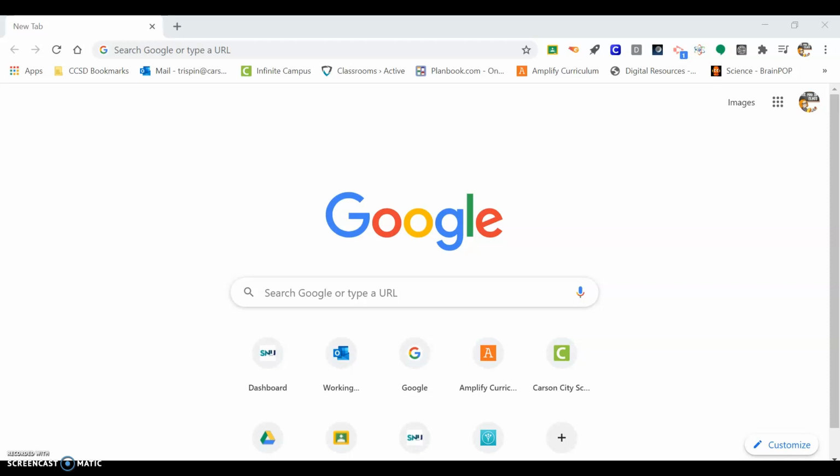Okay, so this how-to video is to show you how to create a document from your Drive. So usually we can create documents in Google Classroom. However, if you need to create it from your Google Drive, I'm going to show you how to do that today. Okay, so the very first thing I'm going to do is I'm going to start you on your Google